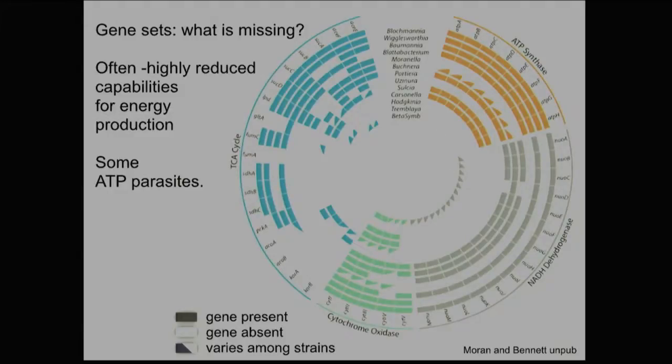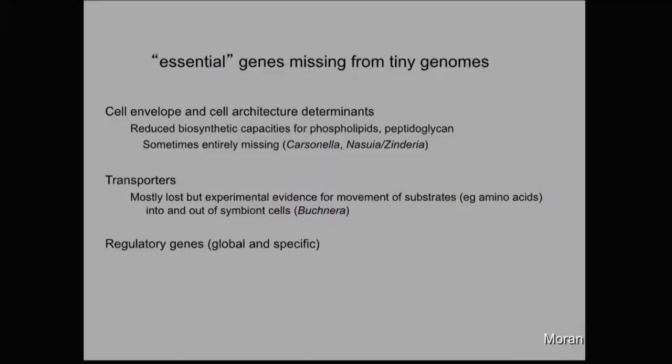They can't do anything in the way of energy metabolism. And so there's a whole range of what they do, with the smaller ones being the most host-dependent in general. Some of the gene categories where we really can understand why you could lose a lot of genes are those involved in production of the cell envelope, peptidoglycan, phospholipids,